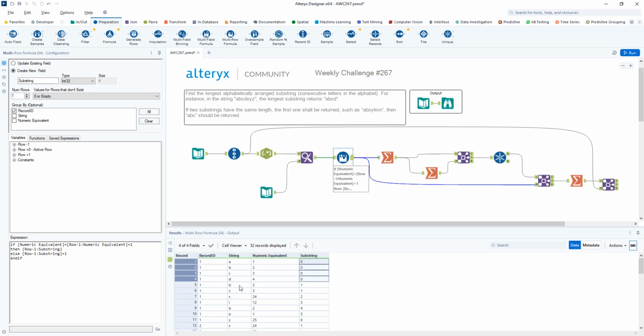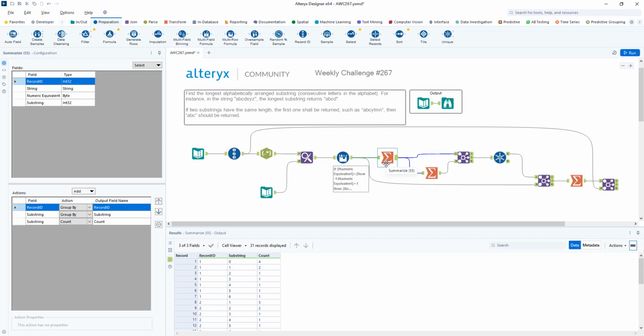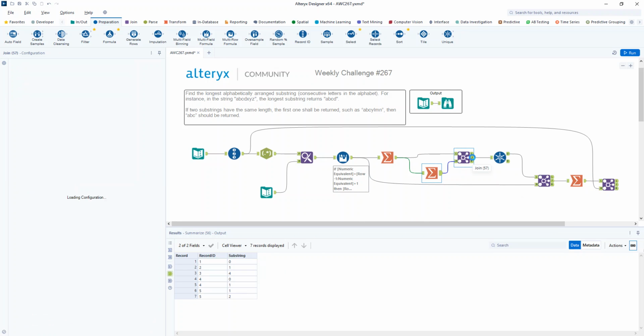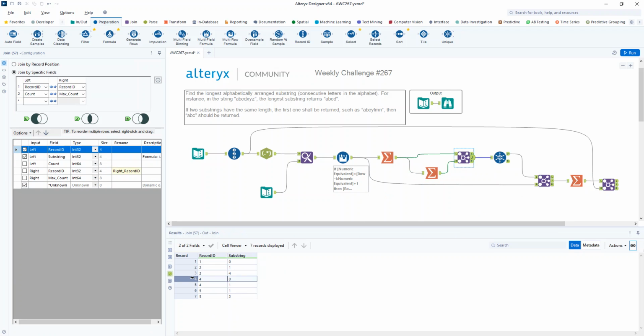Then it gets down to B. It realizes that this value here is not 5, therefore it's going to go on to a new grouping. Okay, so then we just aggregate. So we're grouping by our record ID and our substring and just counting how many rows there are, and finding out the maximum number of rows or letters there, joining that back together,